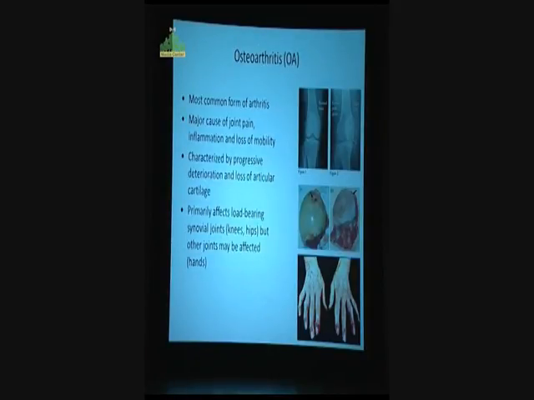So, what I want to talk to you about today, I'm not going to show a lot of data. I'd like to give an overview of the area of osteoarthritis, biomarkers, and why we have dedicated so much of our time and effort in this area. Osteoarthritis is a major emerging health problem. It's one of the most common forms of arthritis, more common than rheumatoid arthritis, and a major cause of pain, inflammation, and loss of mobility in synovial joints. It's characterized by loss of articular cartilage and inflammation in the joint, and as you can see from the